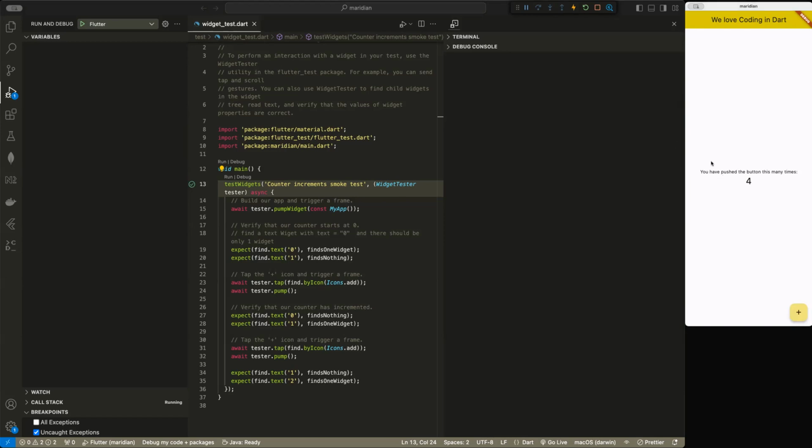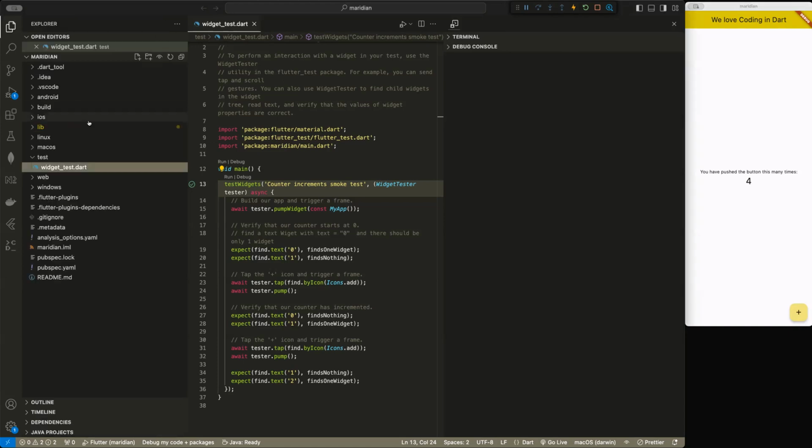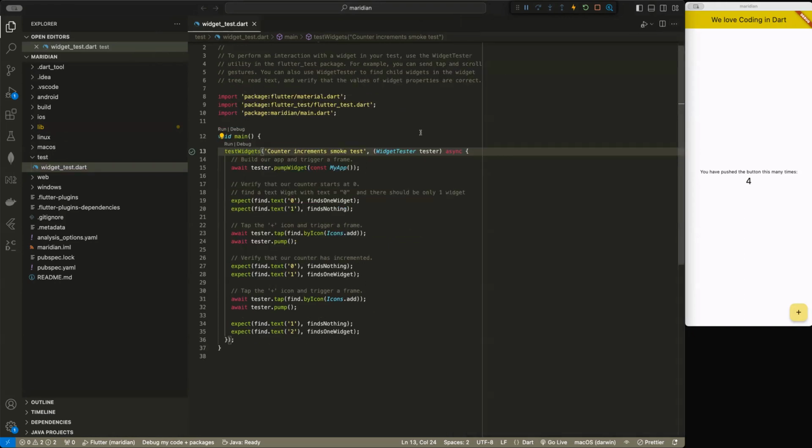Okay, so in order to do end-to-end tests, sometimes you might hear these called integration tests, but from the user's perspective, I would like to name this end-to-end test, okay, because we are testing a lot of things in terms of the application itself. So first of all, what we need to do in order to write end-to-end tests, is, this is what we have, a widget test. The next thing that we do is